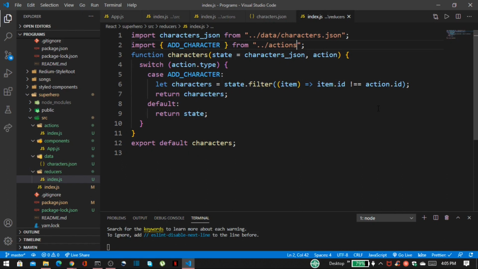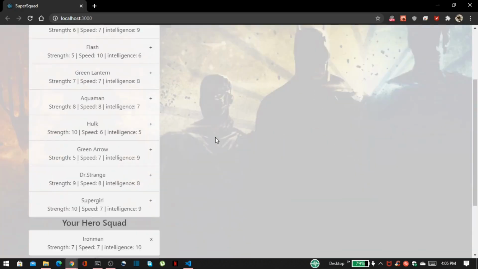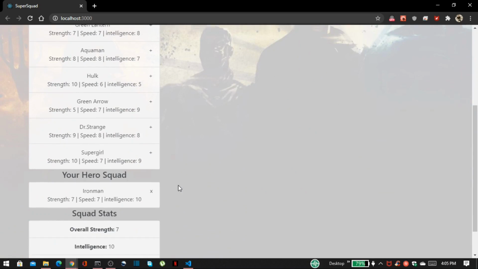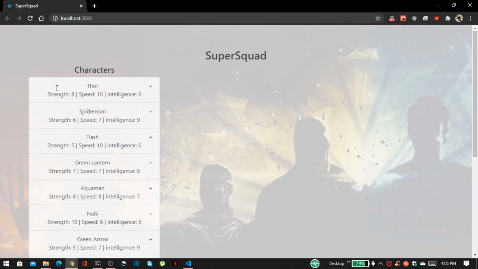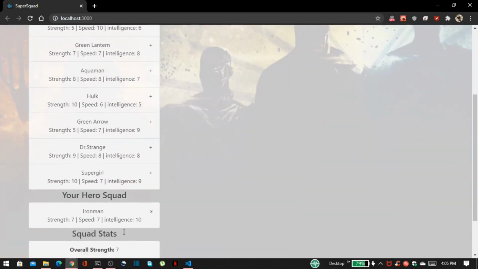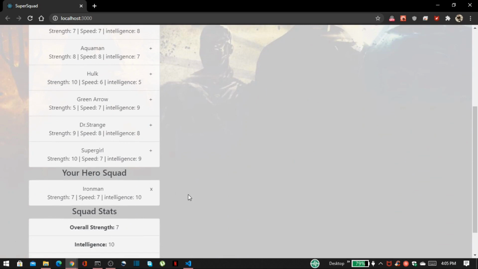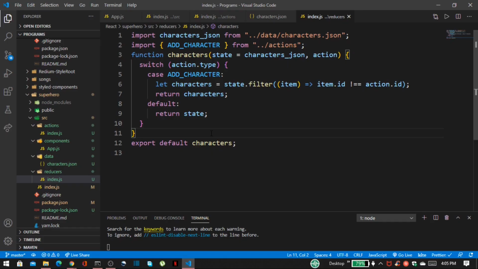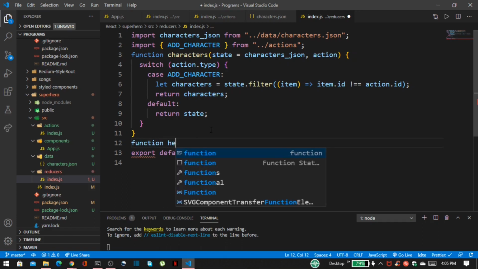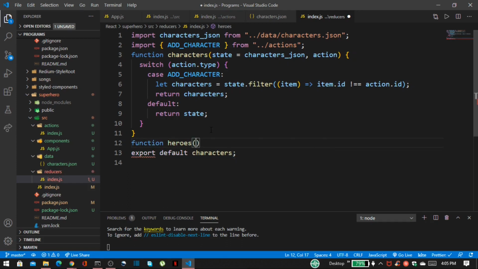Now let us create our second reducer for this bucket list, because first reducer is for our basic list and for our choices. Let's create another reducer. So write function called name heroes, and first this is empty array, so our state is empty, and we also have to pass action.